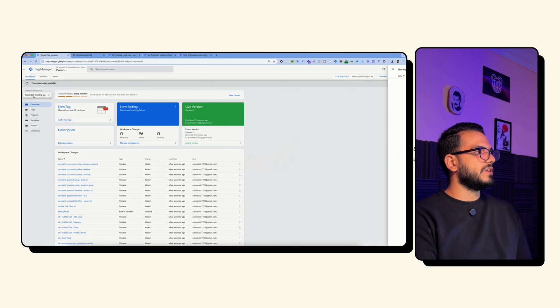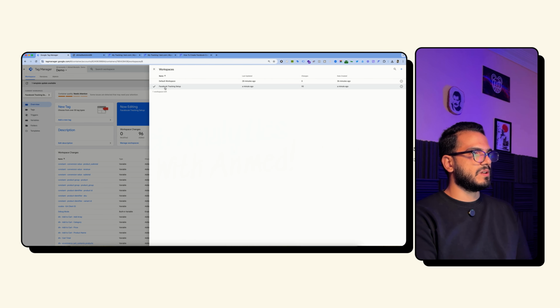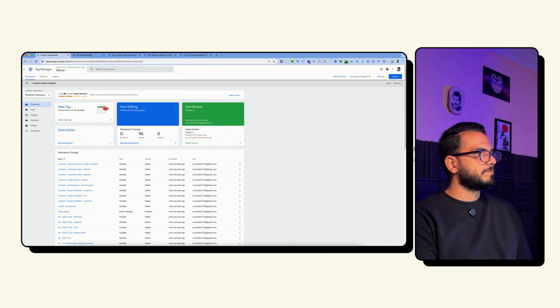Instead, we are in the Facebook tracking setup workspace. This is because we chose to create a new Google Tag Manager workspace instead of working within the default workspace. Now let's go to the website,